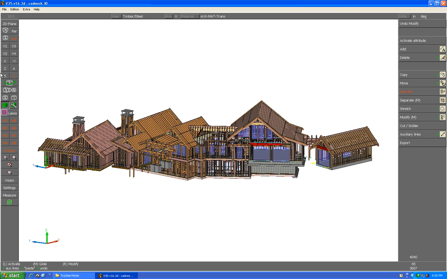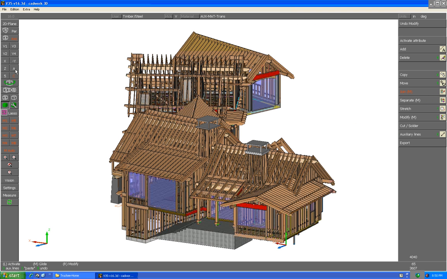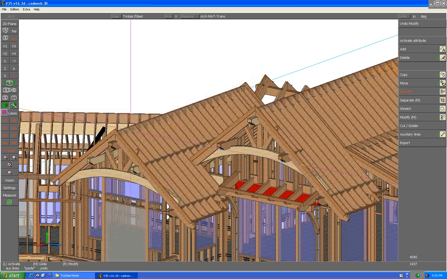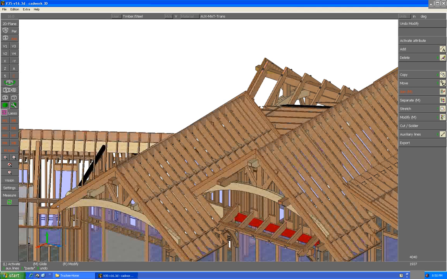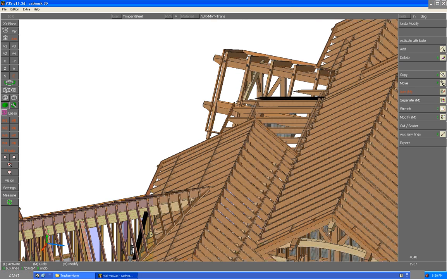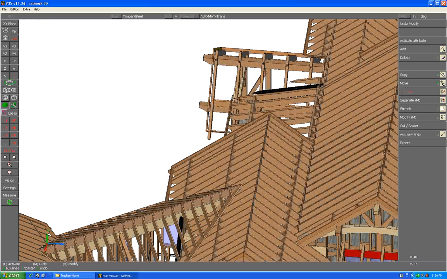Meanwhile, I got that model back in safety. I just want to show you real quick which beam I would like to interface for you. If you look at the front, we have all these glulam arch beams. What's special about this one here is that it is cut with both roofs. That is a really tough intersection. So we have an angle and a bevel cut here from the main roof and from the connector roof sticking